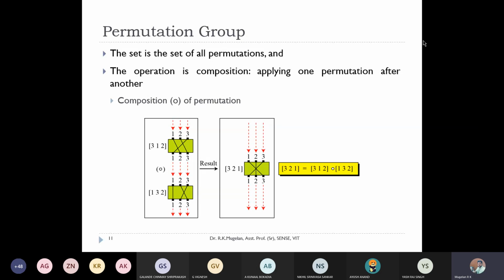Next is called permutation group. So just the name is new to you, but the concept is the same. So here, permutation is nothing but another name for a transposition cipher. Here you can combine multiple transposition ciphers into a single transposition cipher, also called multiple permutations into a single permutation. How are we going to combine or group them? That particular operation is called composition. It's called composition of permutation. We'll see an example here.